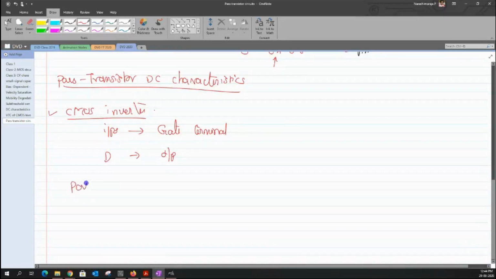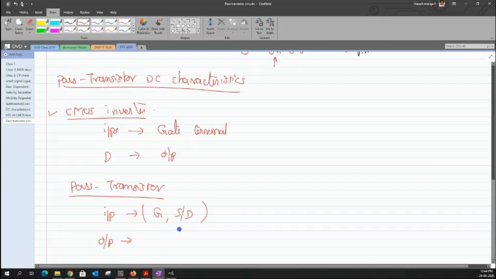In the case of a pass transistor, the situation slightly reverses. Now, in a pass transistor, the inputs generally go to two terminals. One is obviously, as before, the gate terminal. The other one could be a source or a drain. Then where do I tap the output? I would use either a source or a drain, depending on what terminal I've used for the input.